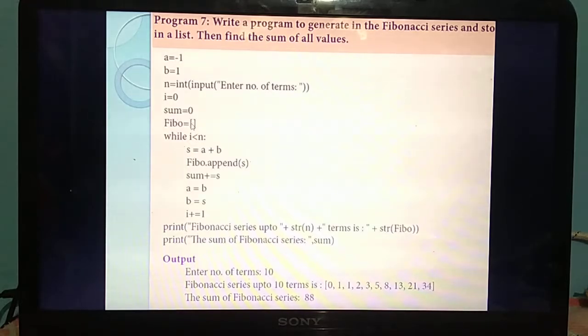In the list FIBO. So for adding each value in the list, that means for each value, whatever calculations you are doing, after that all the values you need to store in the list. For that, which function do you need to give? Append, isn't it? So where do you need to store the values? In the list. So what's the name of the list here? FIBO dot. So you need to store the value in the list. For that, which one? Append function. Okay. So append.